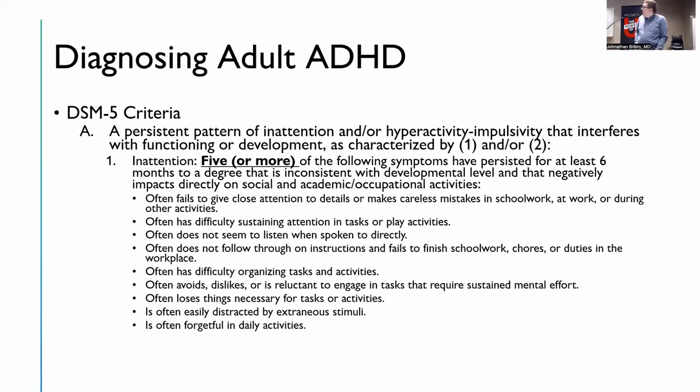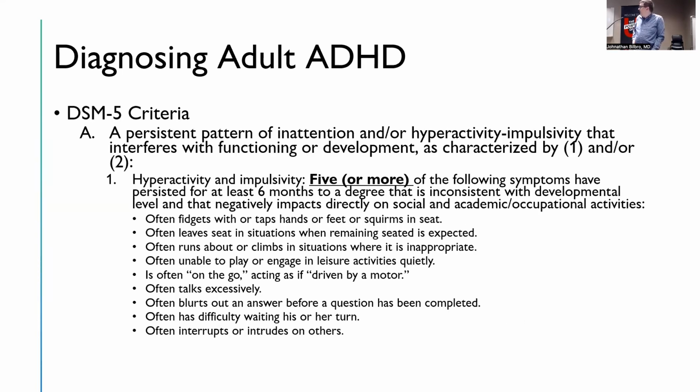So in thinking about diagnosing adult ADHD, I think with any psychiatric illness, a good place to start is the DSM criteria. So I'm not going to read through these word for word, but I just wanted to include them here as a quick review. So generally, we think about the symptoms being persistent. They have to interfere with functioning. For ADHD, they need to have 5 or more of the inattention symptoms, which I won't go through all the details of, or 5 or more of the hyperactivity and impulsivity symptoms. I underlined the 5 or more there because remember, that's different than childhood ADHD. It would be 6 in that case. It's 1 less for adults.